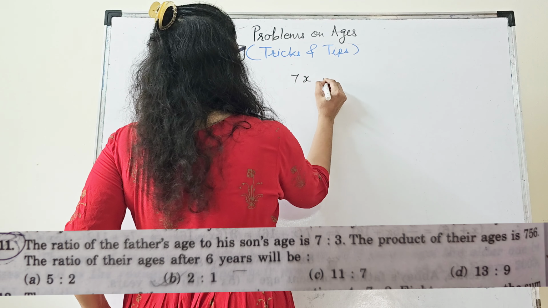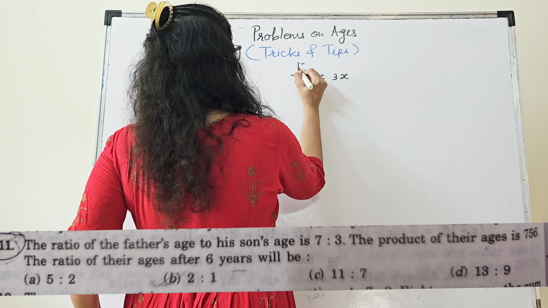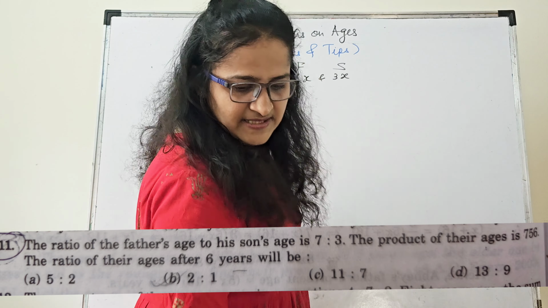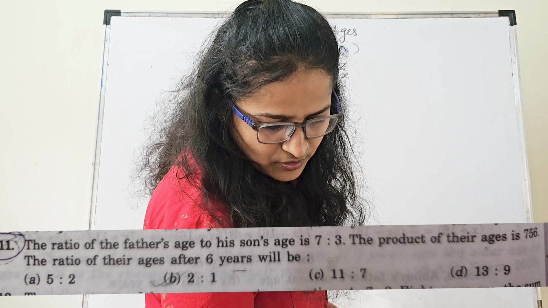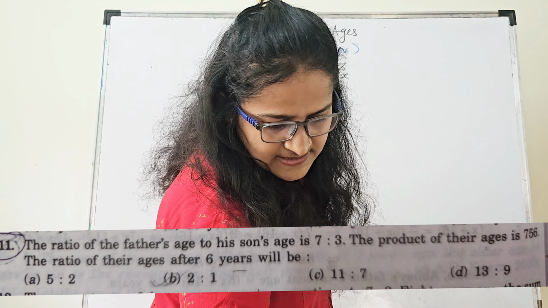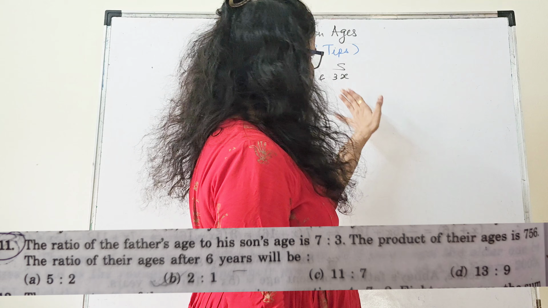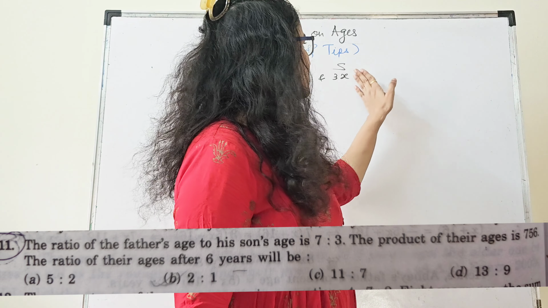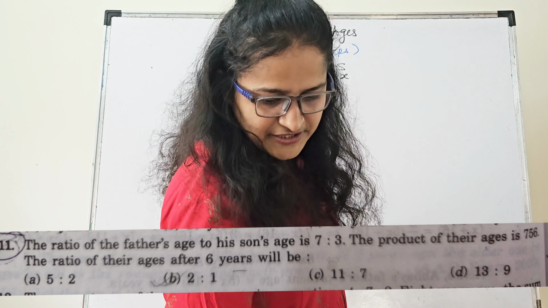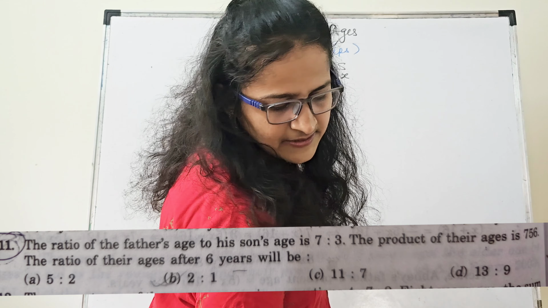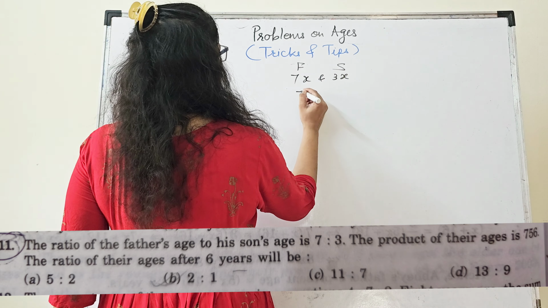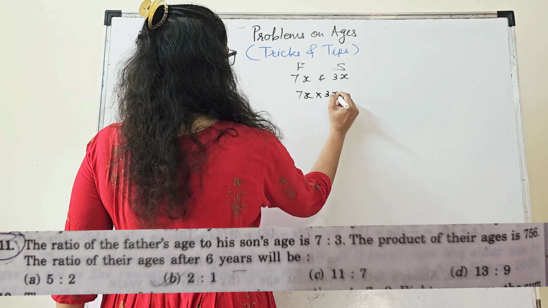So simply 7x and 3x. This is father and this is son. Easy. What are they saying? Is it their present age or something like ago, before, after? So this is their present age only, right? So present age. Do not mention after or before or anything because it is present age. Now the second condition is given as product of their ages. Correct? Now product of their ages. So simple. Product of their ages is